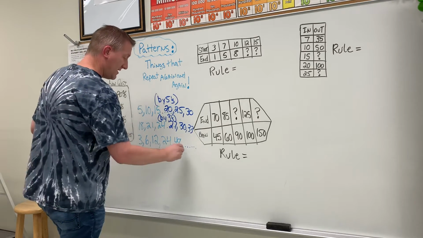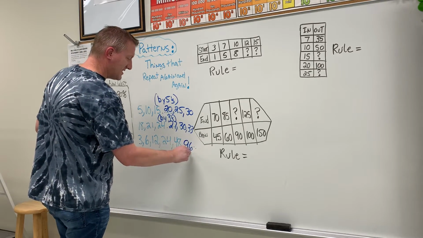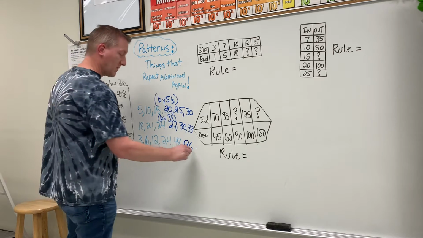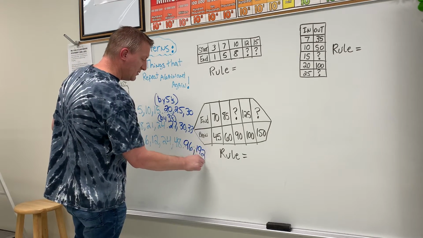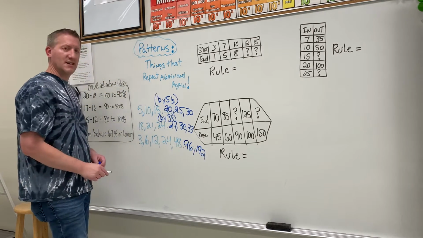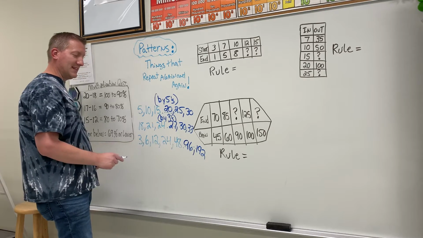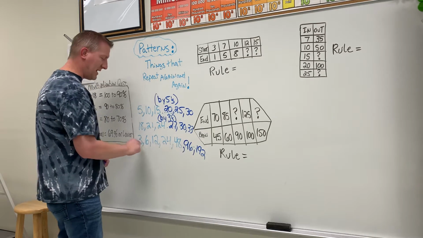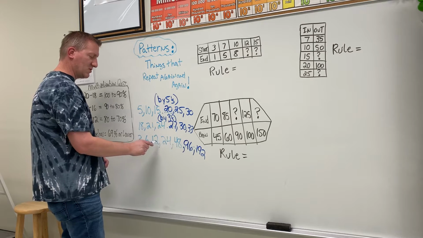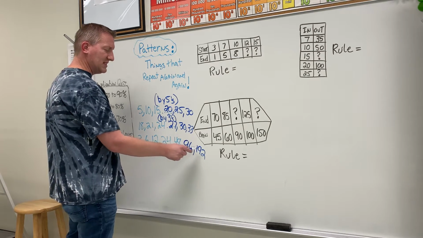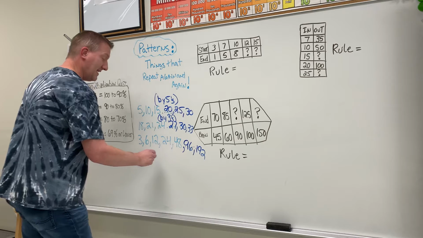All right, 96, 192 would be next. Okay, do you see what we're doing? What pattern is this? 3, 6, 12, 24, 48, 96, 192. It's